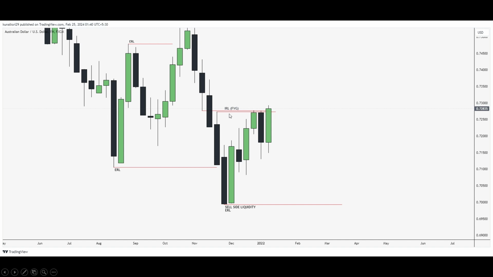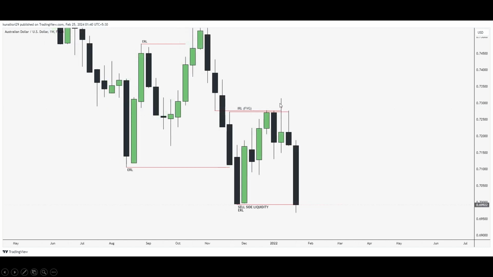So here you can see we tapped this internal range liquidity fair value gap. So our next draw on liquidity will be the sell side liquidity. So now I know the market has tapped the internal range liquidity fair value gap on the weekly time frame. So now I only have to look for bearish setups, and I can anticipate that next week and the upcoming weeks, until the market grabs this sell side liquidity, this external range liquidity, I have to look for bearish setups, okay. And here you can see on the weekly time frame we tap this internal, and then in the upcoming weeks we trade lower and lower until we grab this external range liquidity,